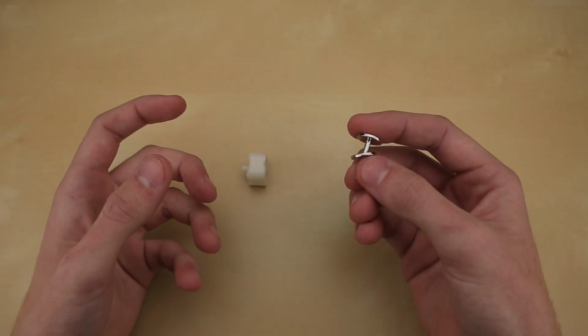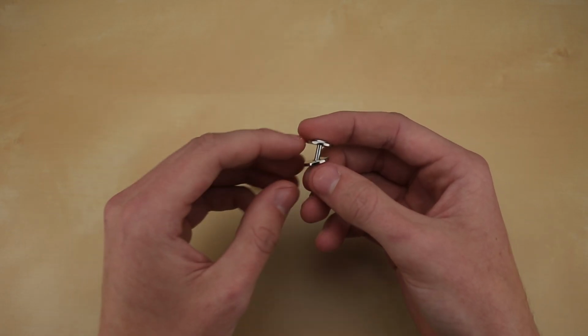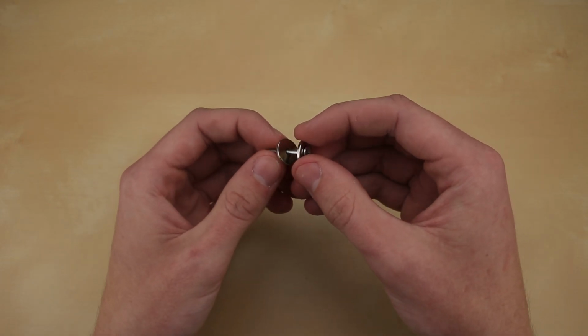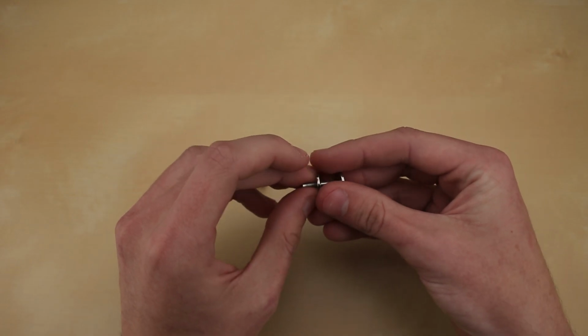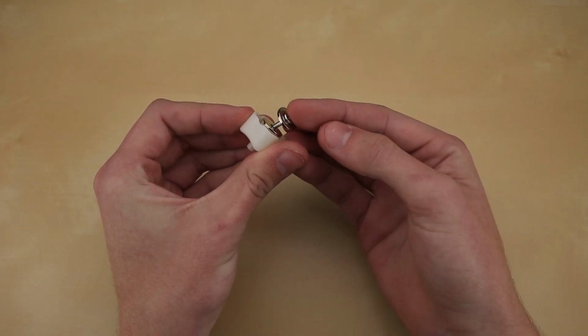Now, like I said, I've tried out these maglev tensions before in my main cube, but it didn't really turn out that great for speed cubing, basically because there's no way to adjust the strength of the springiness, and also it is very heavy. But we don't care about either of those things. All we care about is reducing friction as much as possible, and I think this will actually do that, because all the friction you have is just in between the magnet and the screw, which hopefully shouldn't be that much, especially with some lube. So basically all we have to do is stick it into the centerpiece, and oh no,